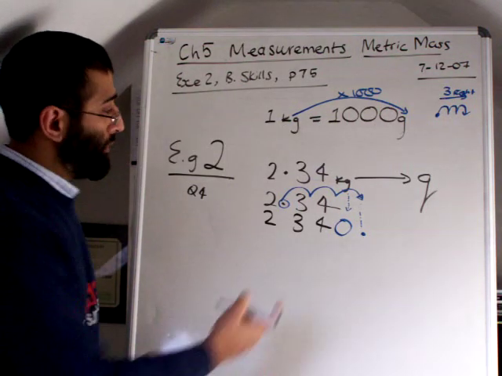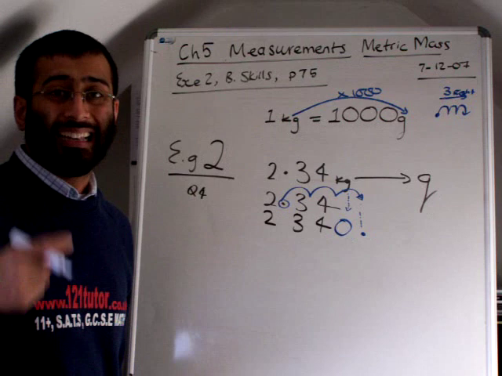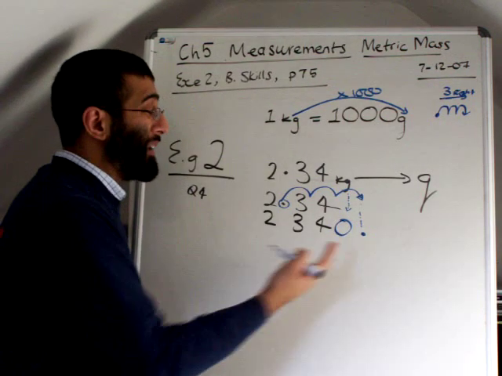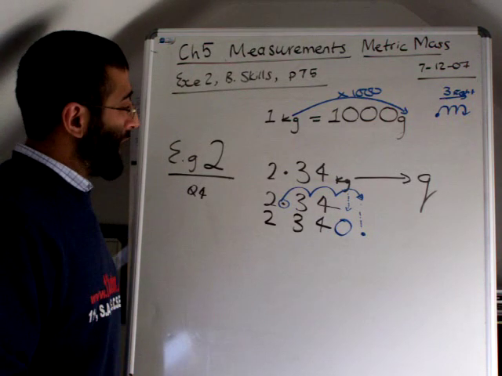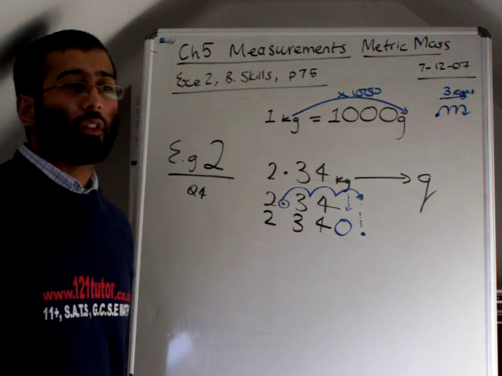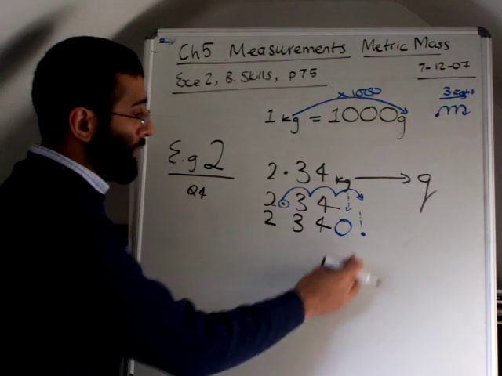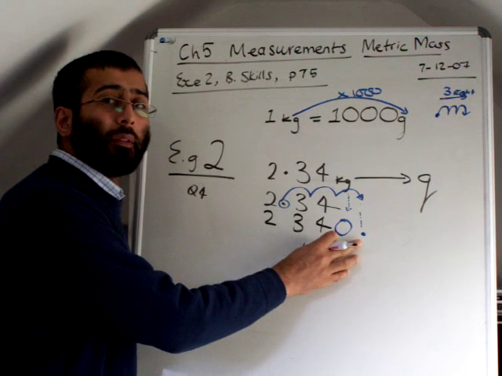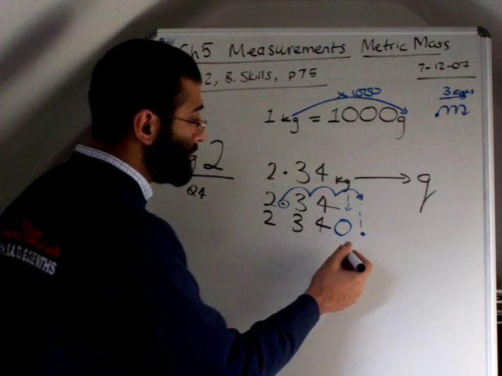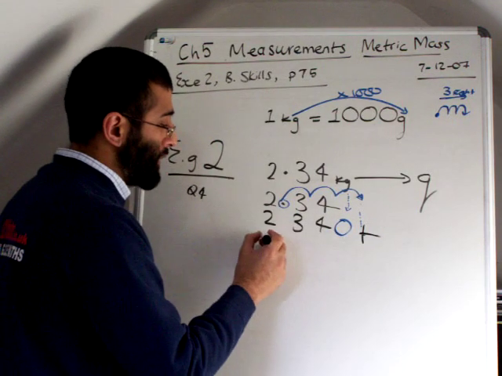Now, the point at the end of this number, that's where the decimal point lives anyway, at the end of a whole number. So we don't need to say the point. And by actually saying the point, it sounds a bit daft. If you want to say the number 2340 to somebody, you wouldn't say, oh, I've got 2340 point pounds. So the point here actually serves no purpose. So we need to get rid of it, because by leaving it in, it actually makes the number sound wrong and look wrong, even though mathematically it isn't. So that goes. So the final answer is